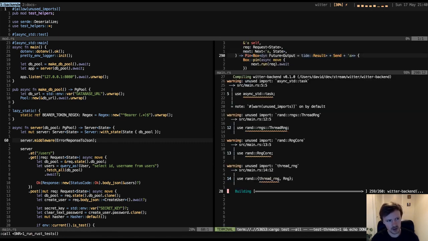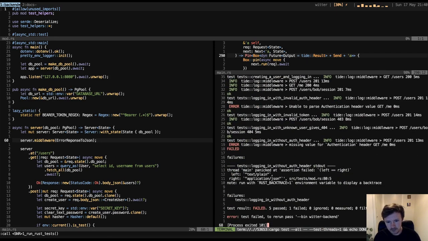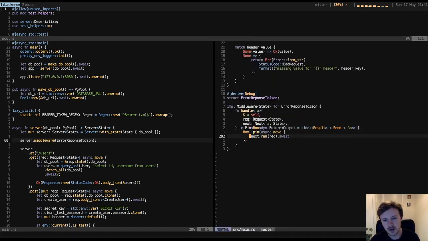So now everything should work. So it's basically middleware that does nothing. Yeah, and this is the test failure that we were getting before. So now,